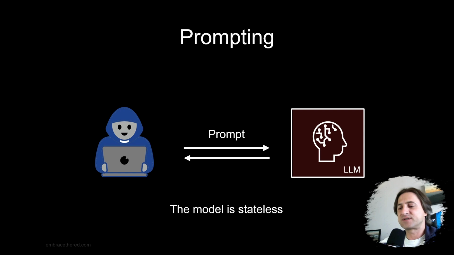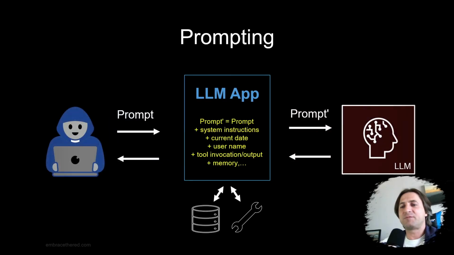The client has to start tracking the state, which actually means that in reality, an application looks a lot more complicated, right? The LLM application or the LLM server would inject system instructions, the current date maybe, or the username, invoke tools, add memory. So there's a lot of complexity that we're going to explore with exploits in real world systems in this presentation. And there's also opportunity for mitigations in all these places where data is crossing these trust boundaries.